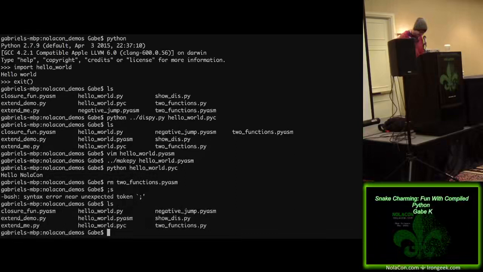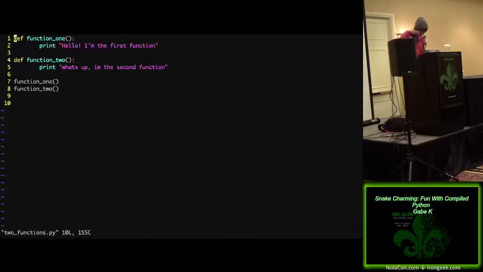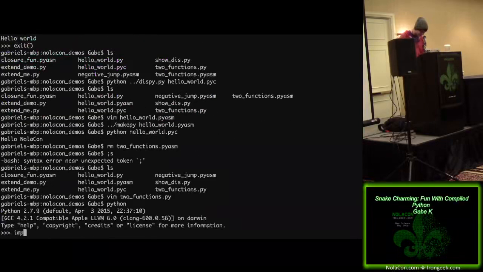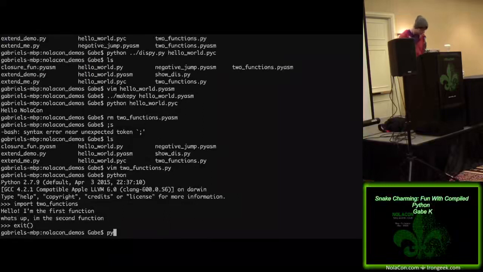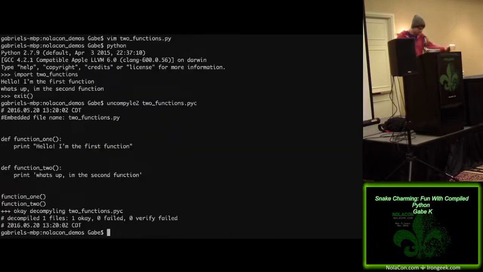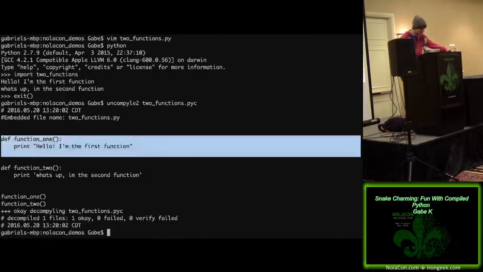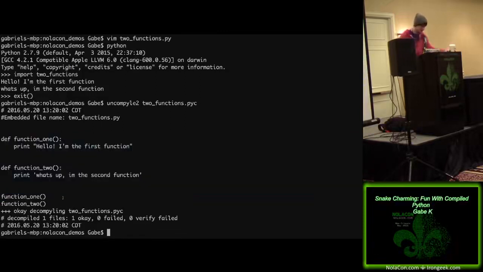All right, so we have our two functions.py. Go ahead and compile it. It executes, and if we decompile it with uncompile2, which is pretty much the best Python decompiler out there, it gives us literally the source code back, so it decompiles it pretty much perfectly. But now, if we disassemble it,